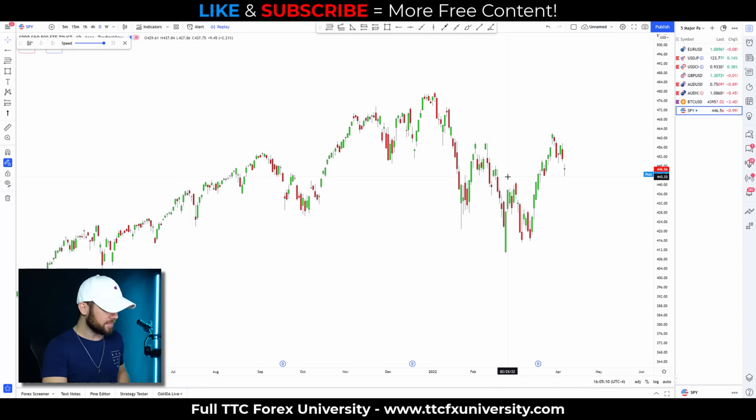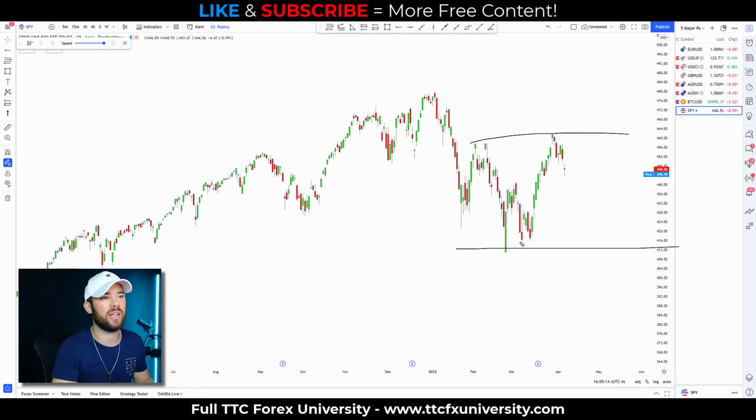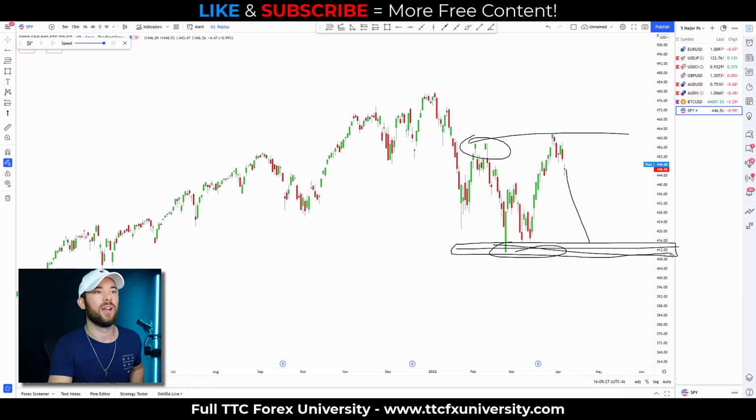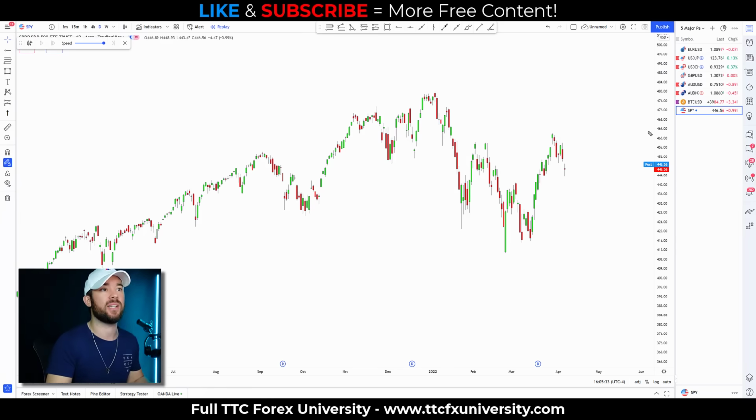On the SPY, we have price currently essentially just consolidating between our lows and our highs. We really don't have a trend right now. If I was swing trading the SPY and we continued pushing lower, I would not look for a buy trade until 412 in this kind of zone right here. But considering that's not going to happen throughout the next couple weeks, I'm not even going to consider that. What I will consider though is what if price pushes up? If price pushes up,